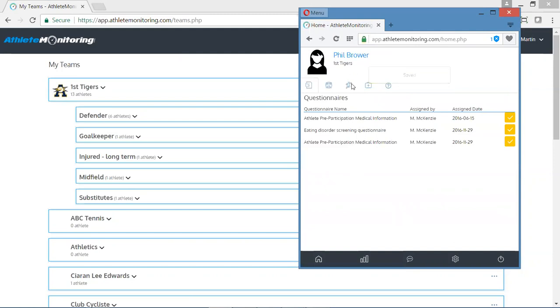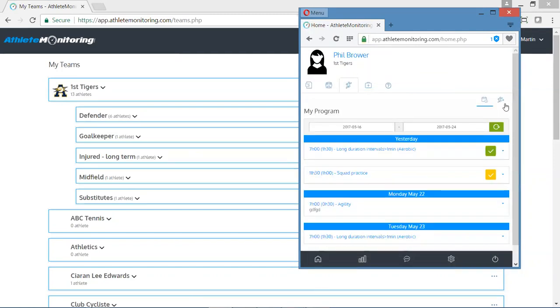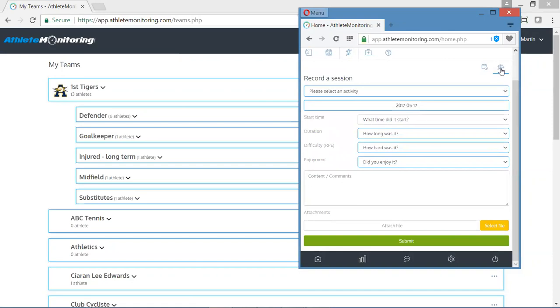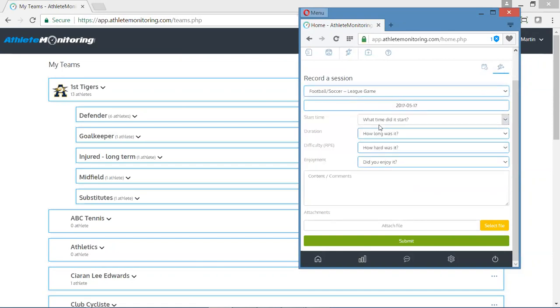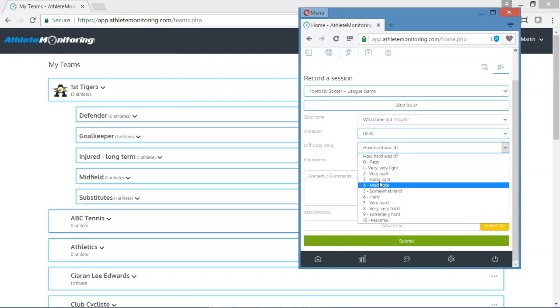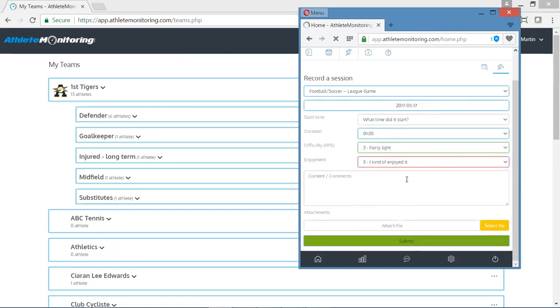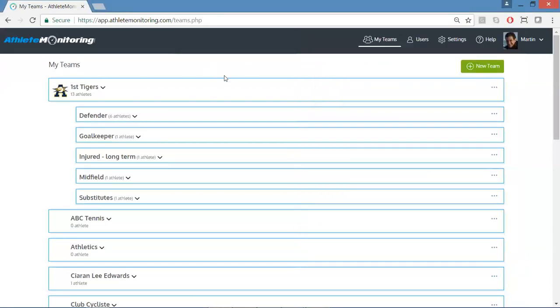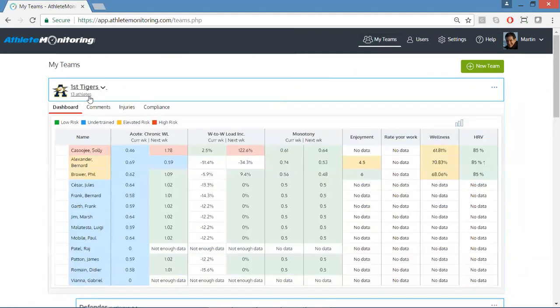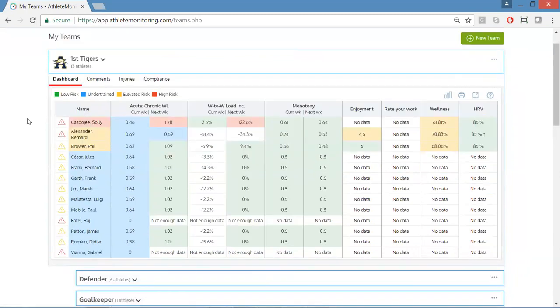It's very simple. If you don't plan anything, you can also just ask them to record data, they click on the little plus, and they select the activity they have been doing, the duration, the RPE, the enjoyment, and submit the form. Simple as that. Now, as a coach, I'm logged in as a coach here on my different browser. Then I can click on my team name, and my dashboard is popping up with acute chronic workload